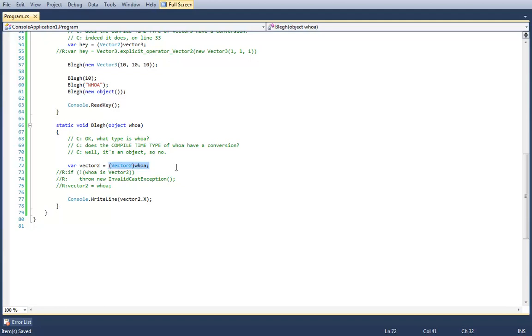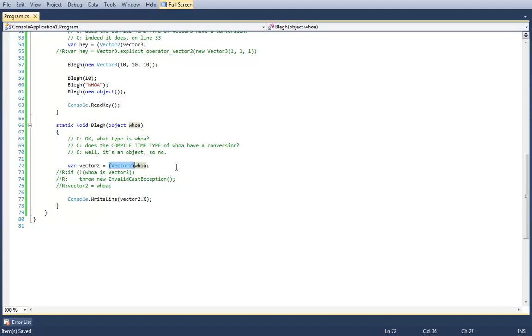And I think the conceptual reason is per definition, an explicit cast is, hey, compiler, get out of my way, I know what I'm doing, do this cast for me. If it fails, I'll deal with the consequences at runtime. Well, yeah, this is a case where I'm doing something stupid.